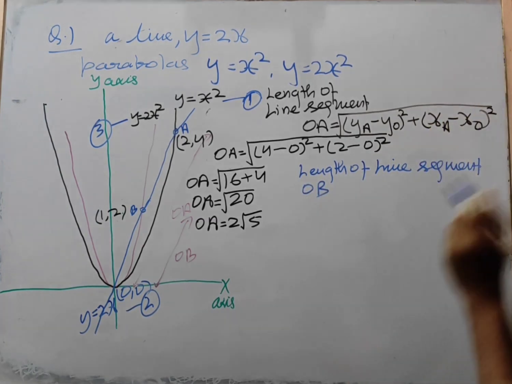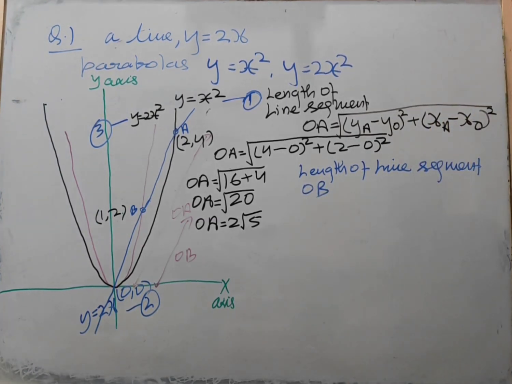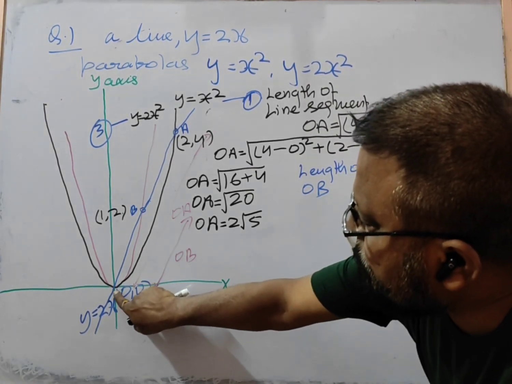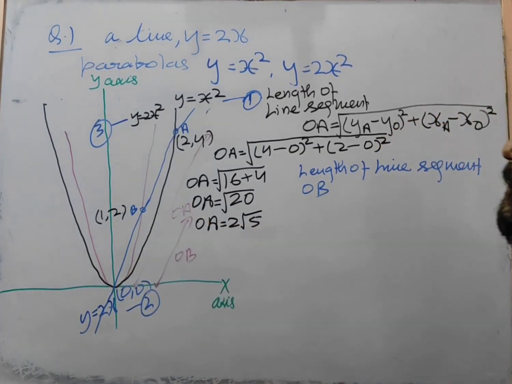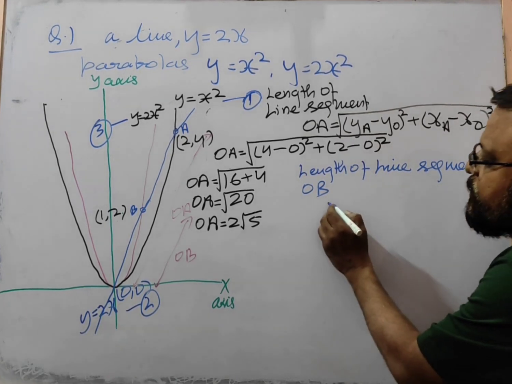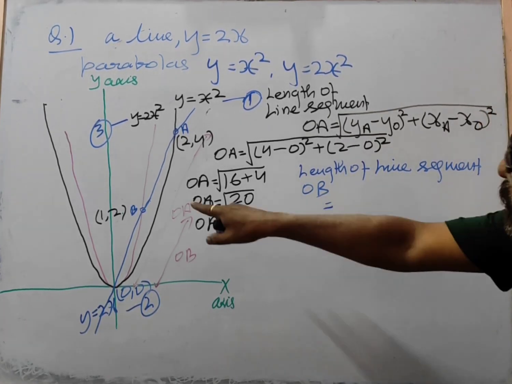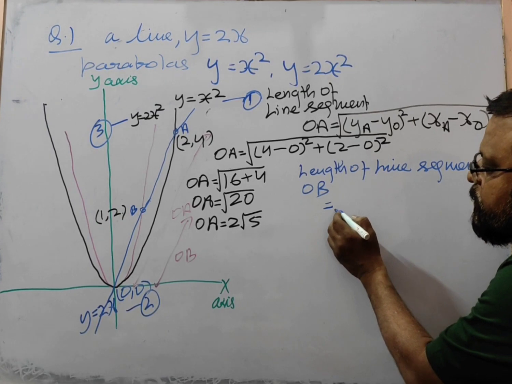Fine. O is this origin and B. O to B length we have to find. So length of segment OB is equal to, so we will write here square root